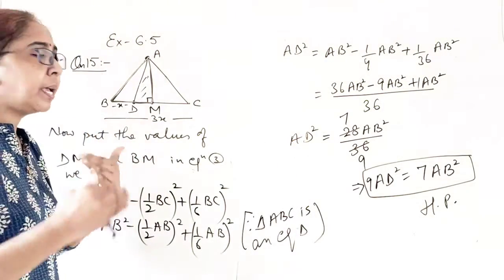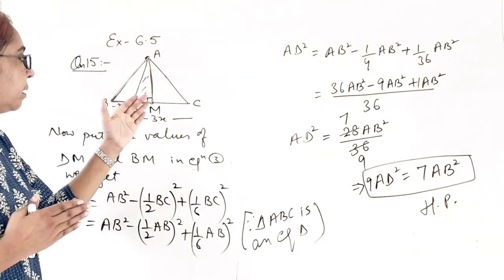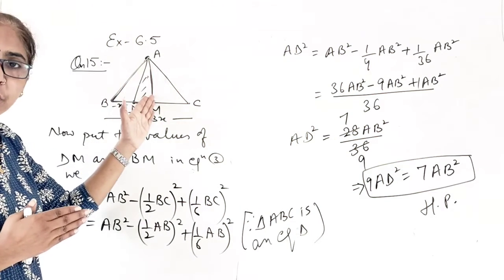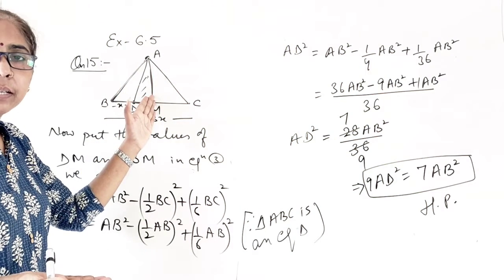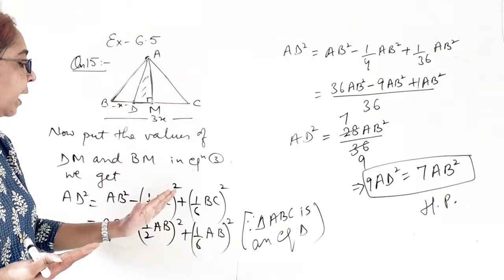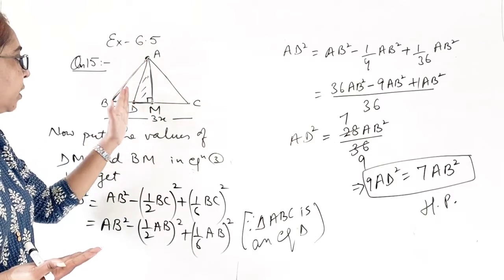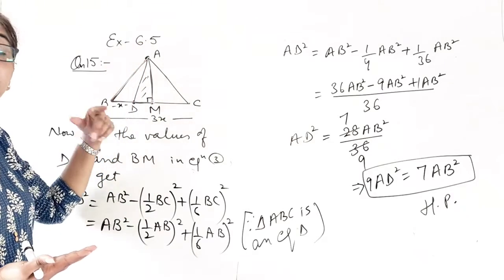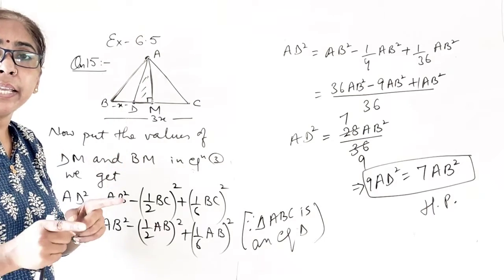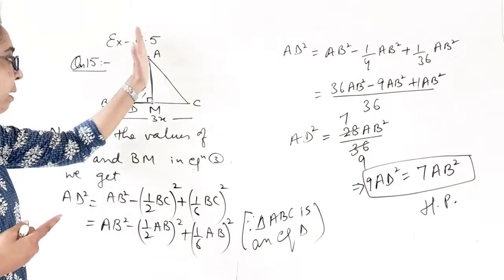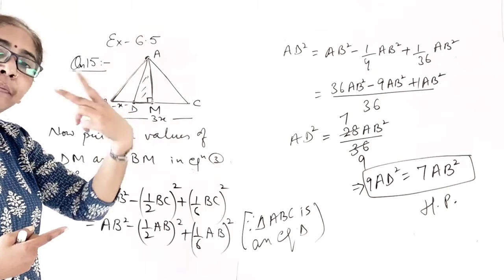Just take a look. I'm recapping the question. Here we have done the construction because of a right angle, and then we'll apply the Pythagoras theorem in which we get AD and AB. After getting the value of AB and AD, I removed AM from that equation. After removing